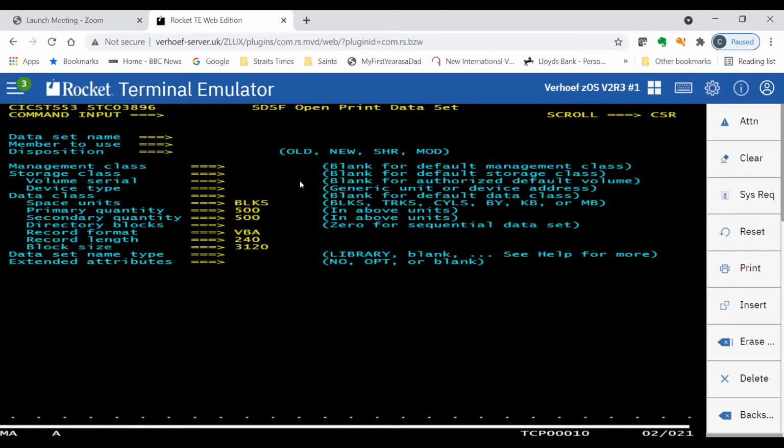So I can get a real understanding of what my system is doing over a period of time by just running it through a REXX process. I can write an assembler program to do that as well. But that way, I can build up some real analysis of what's happening to my storage areas.